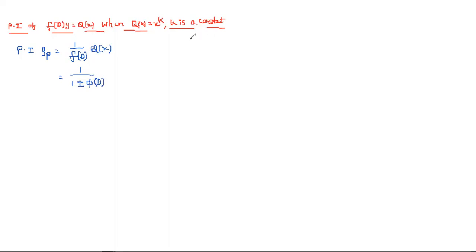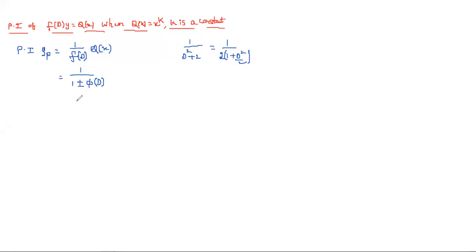Suppose here I have D square plus 2, like that. This is your f of D, and now I need to convert it into 1. So for getting 1, we have to take 2 common. If you take that as common, 1 plus D square by 2. Got it, or not? 1 plus phi of D, which is a function in terms of D, that may be D square by 2 or something. Okay, so like that you need to convert this.